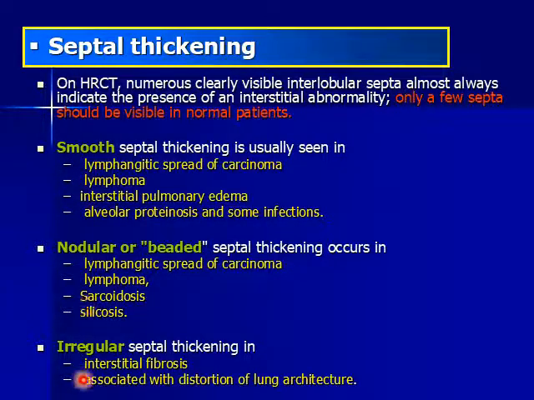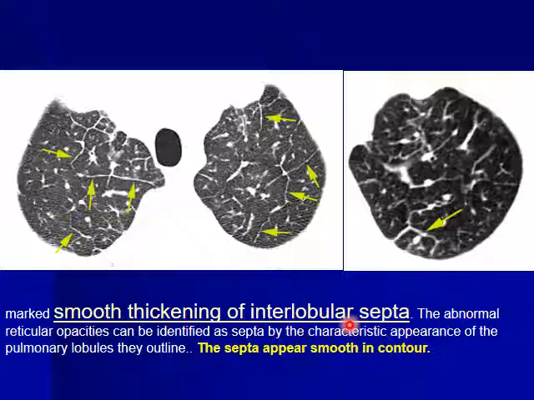Okay, so we can describe the septal thickening as a smooth one. This is most commonly seen in pulmonary edema, lymphangitis carcinomatosis; nodular or beaded in lymphangitis carcinomatosis, lymphoma, sarcoidosis, silicosis; or irregular, which is a sign of lung fibrosis seen in interstitial fibrosis and associated with a distortion of the lung